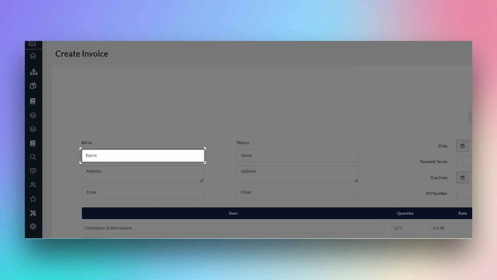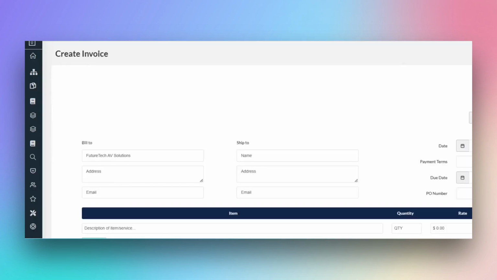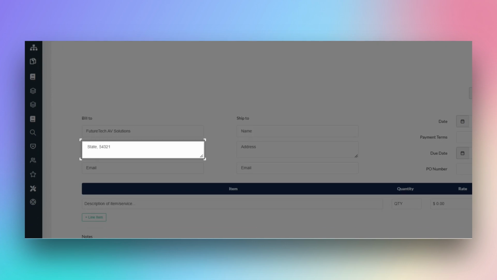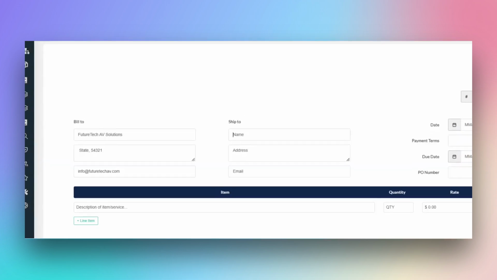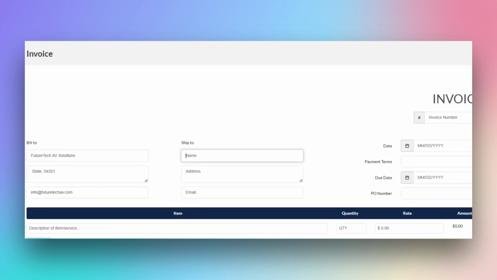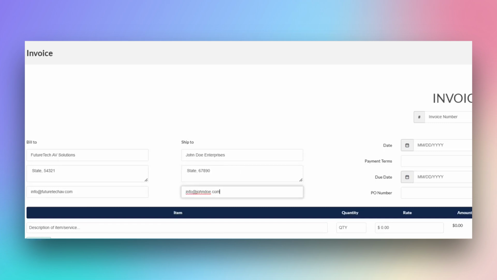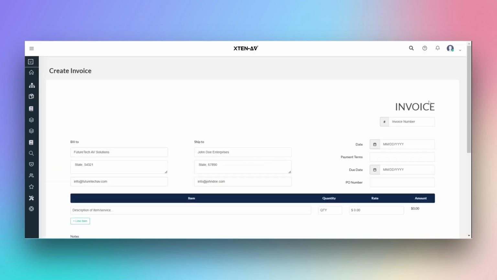Specify the name to which the bill should be addressed. Enter the billing address. Provide the email address where you would like the bill to be sent. Kindly fill in the shipping information. Once all the billing and shipping details are filled,